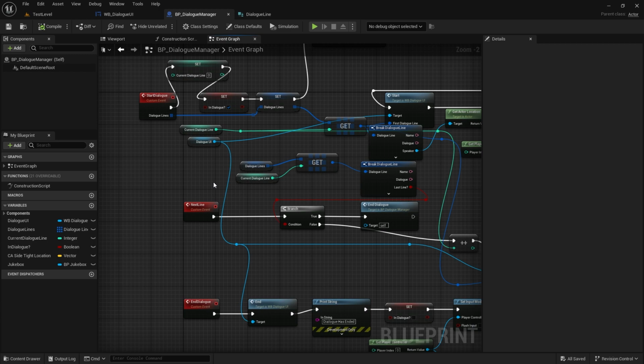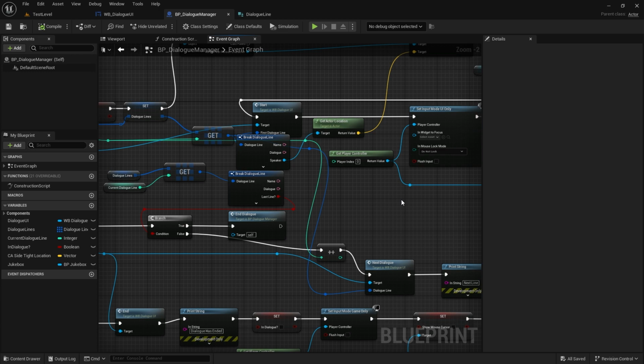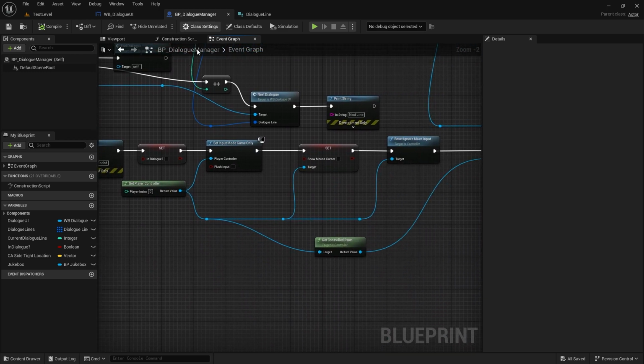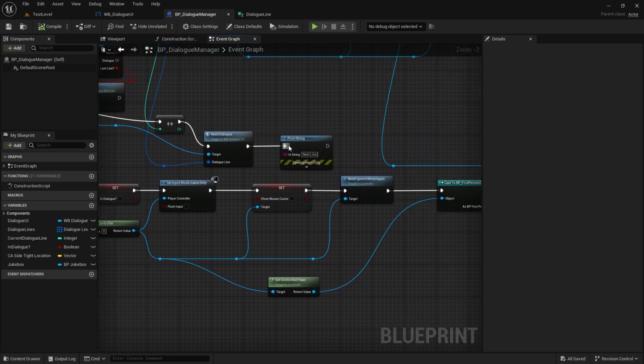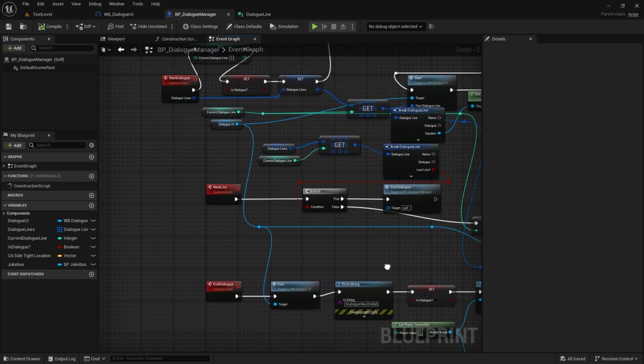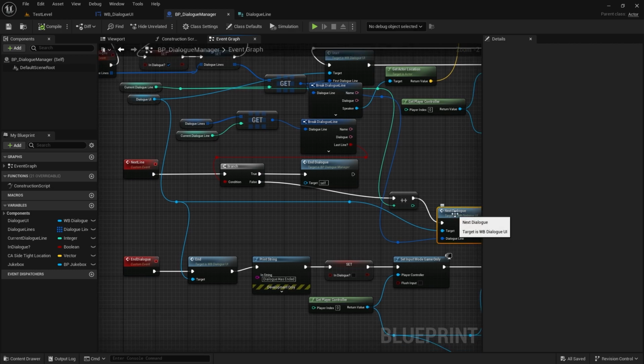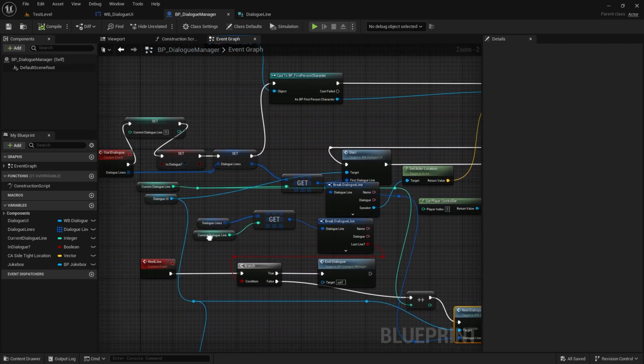Maybe I could do that for multiple lines of dialogue. But for now, it works just with a little integer that just goes up every next line if it's not the last. And of course it prints a string, and it feeds in the relevant information. Target is just a reference. Dialogue line is obviously the